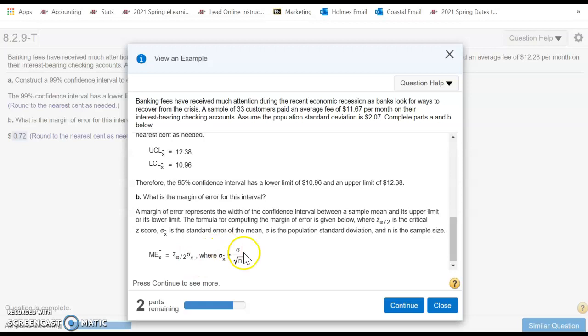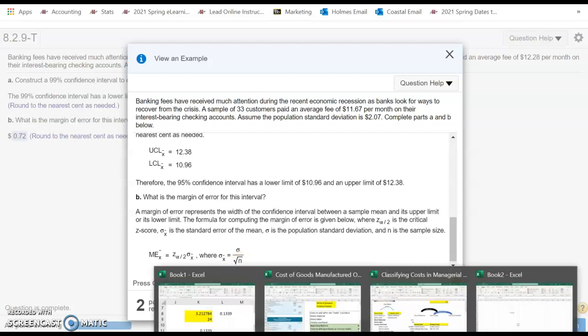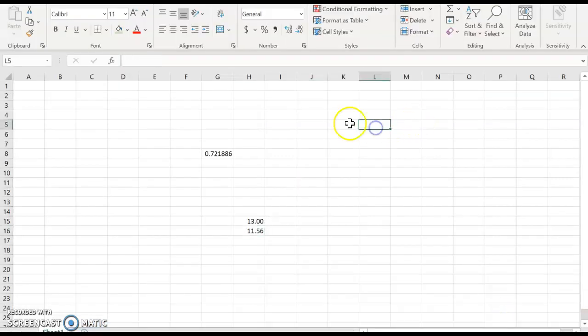As far as the margin of error, your formula is the z value times the standard error of the mean, which is the standard deviation divided by the square root of n. I'll show you how to do this in Excel. So if you look at your z value for a 99% confidence interval, it's going to be 2.576, and then you have to times this by